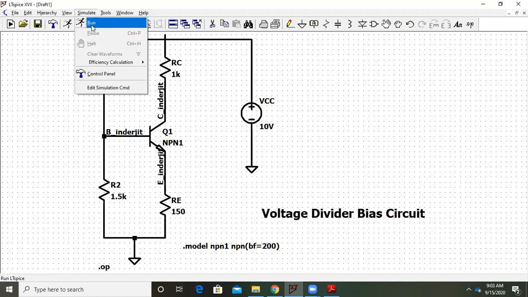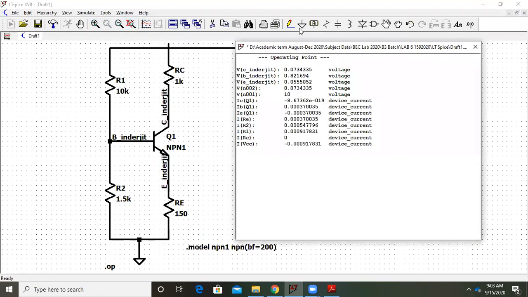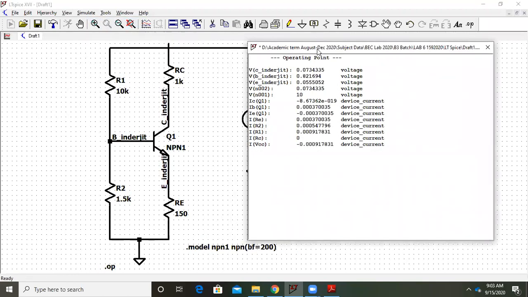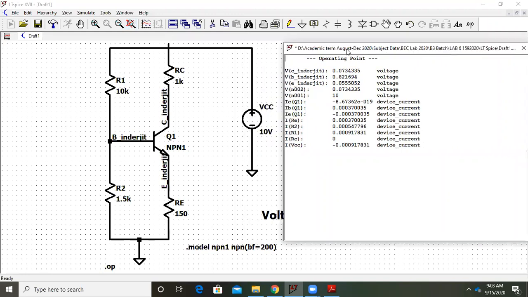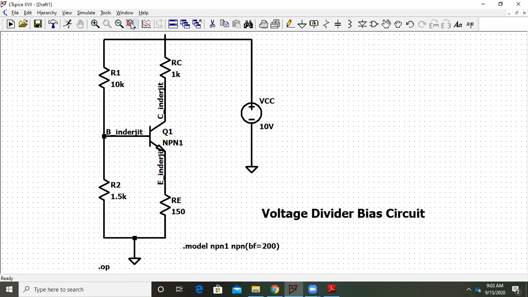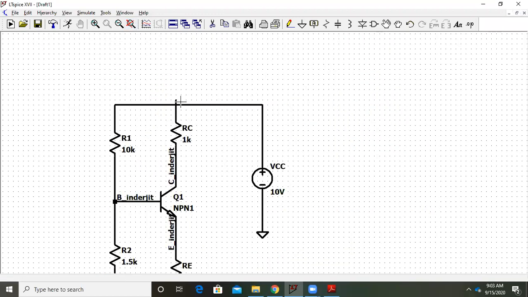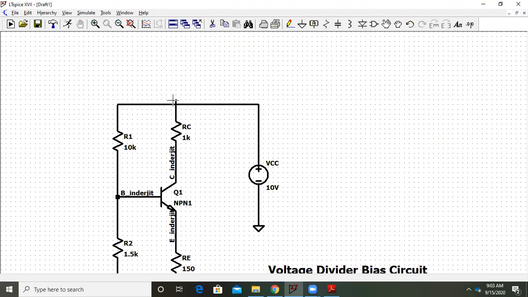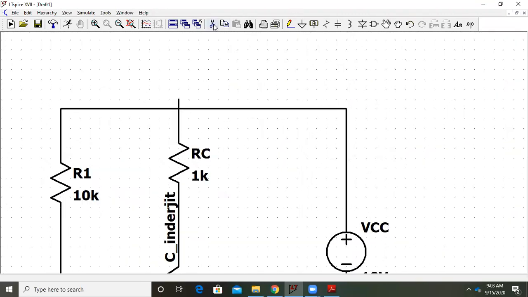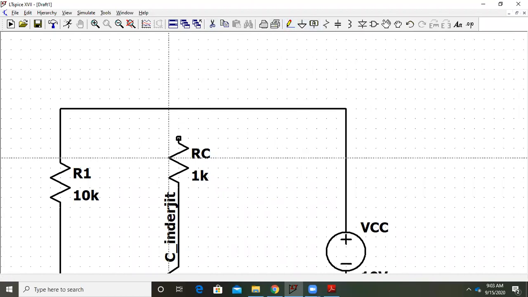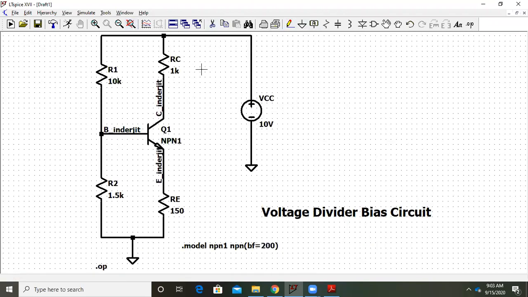So once I simulate this, I'll get a window like this. So make sure that while submitting the print screen, you do it this way. The circuit should be visible. Yeah, I think this is an extra wire which is coming up. Let me just check out. Yeah, the circuit was not connected. So I'll connect it over here. Whenever there is a connection, this dot will come basically. Okay, now my circuit is ready.